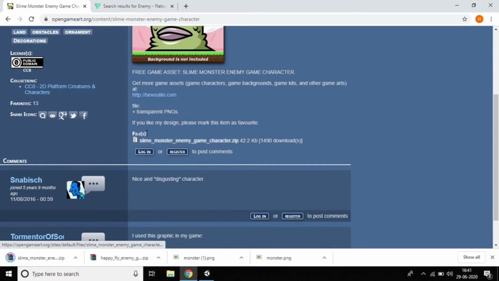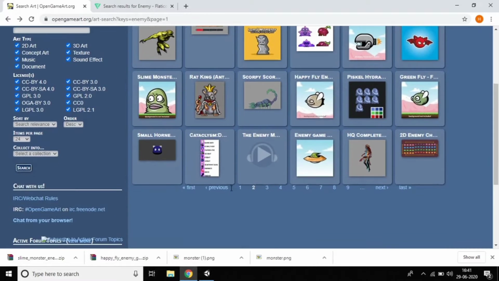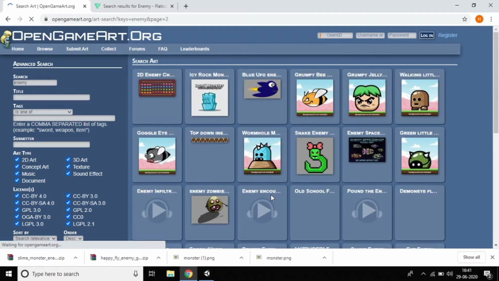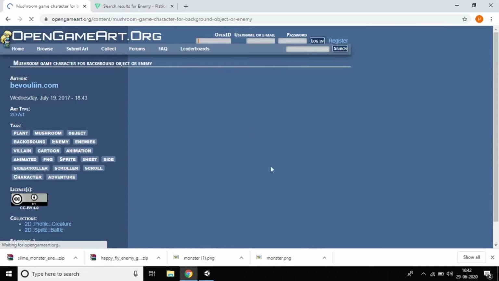Yes, a total of four enemies are downloaded, and let's go back and see whether other enemies are available. Just search whatever enemies you like, download them and use them in the game. I want to download this one also.